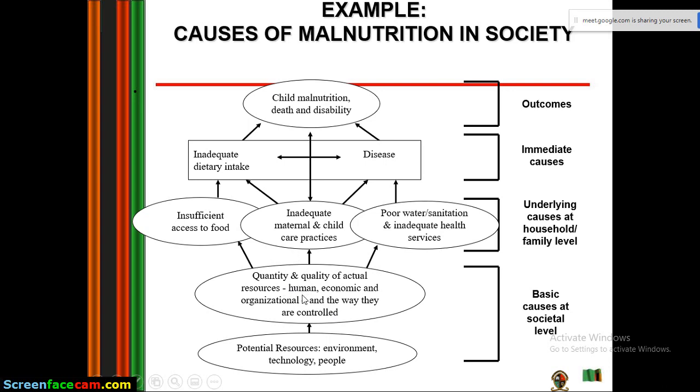So we are assuming the quantity and the quality of actual resources. Then we are talking about human, economic, and organizational factors, and the way they are controlled. If I was to ask a question, quantity and quality of actual resources, from the first circle here,